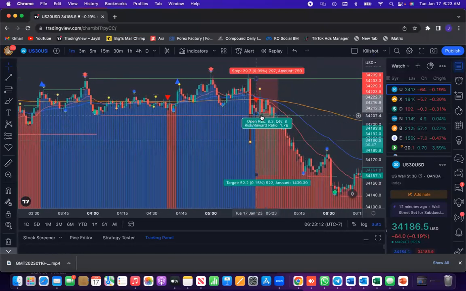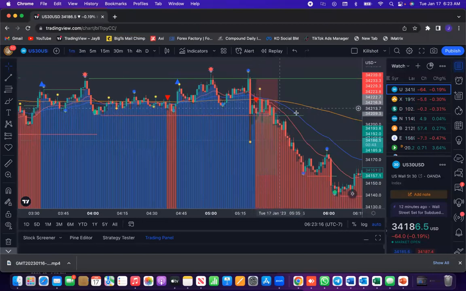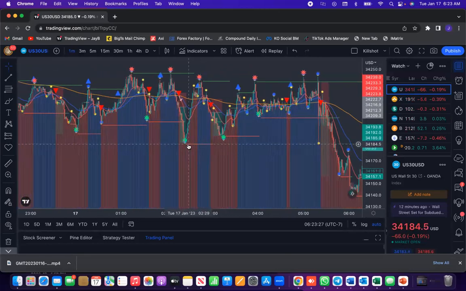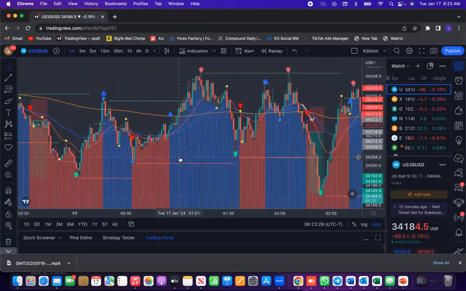Or you could have waited for it to break that support. Essentially, you would have been getting it the same time as this candle. Okay, so I want to talk about how we make these signals and we stay on trend, because the one thing that's super important is if we went through here and took a look at all these trades,